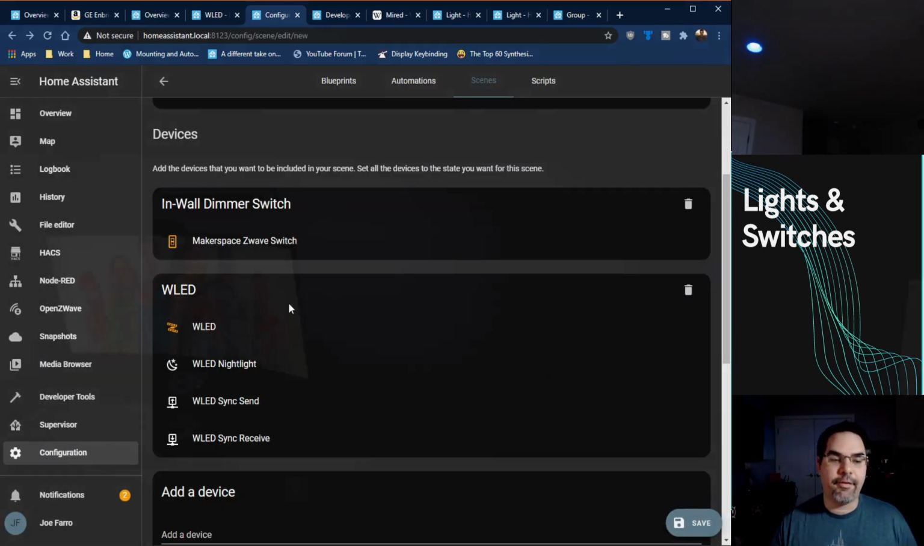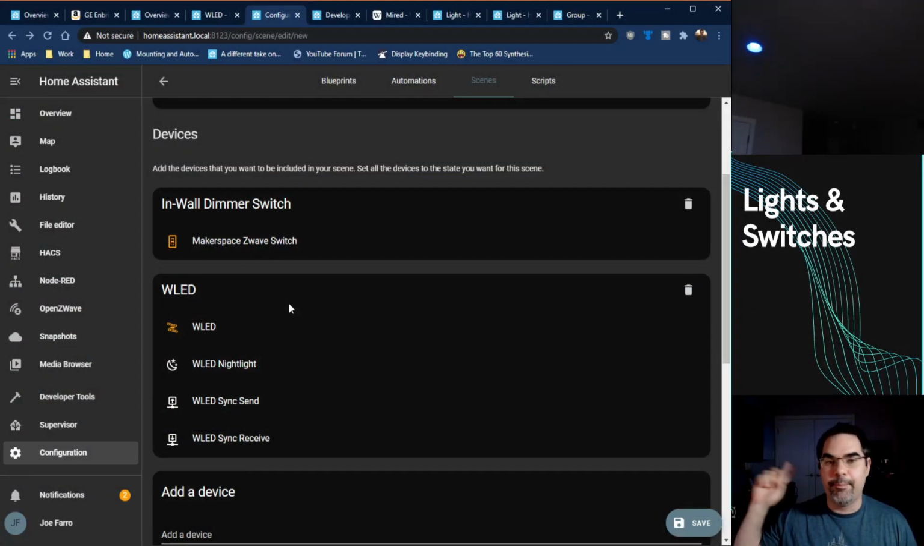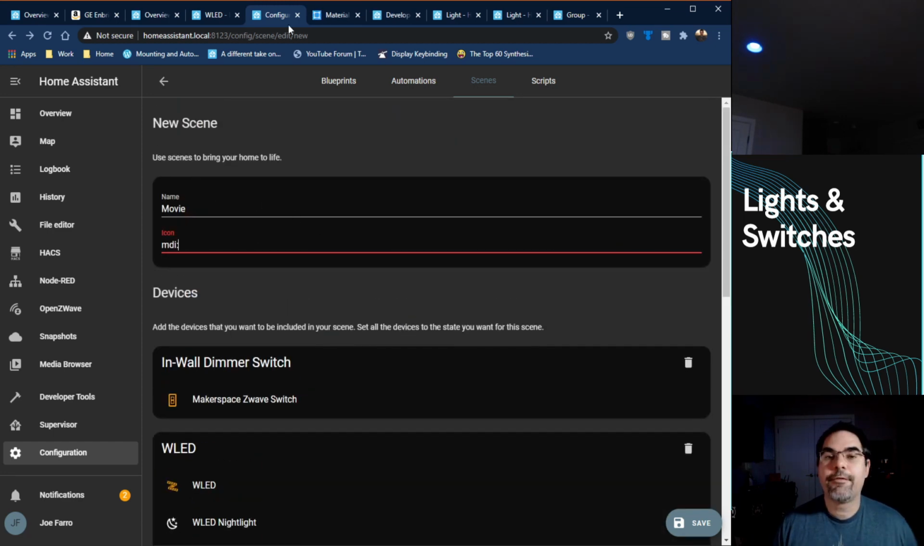Okay, so what I've done is I've set my WLED to a certain look that I like. I've turned off 3 of the lights in my ceiling, but I've left 1 on dimly by the door. That way, if I need to leave the room for a restroom or something, I've got a little bit of light to guide me over there. Everything else is off. And for the icon, I can just type MDI:,